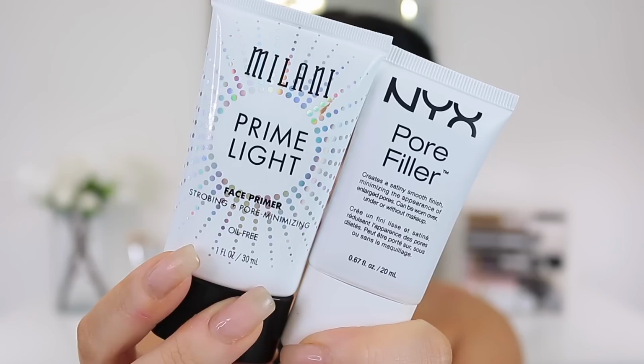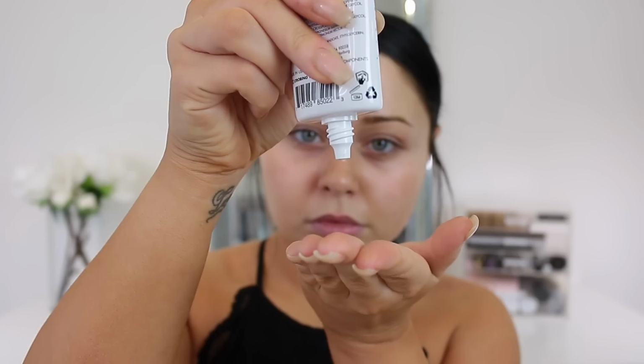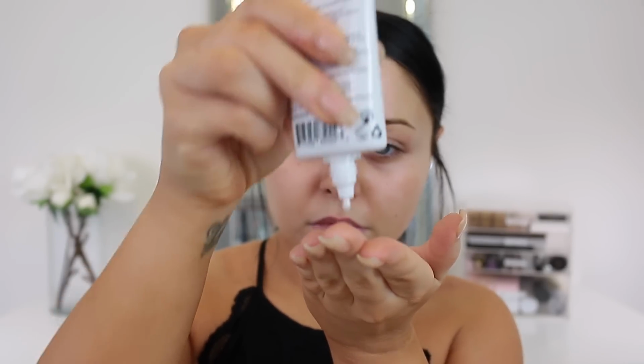It's a super dramatic fall makeup look, but it's all drugstore, so I'm obsessed with that. This look was inspired by a YouTuber that I just randomly came across. Her name is Maddie Bernard. I'm gonna leave her link down below. She basically did a really beautiful dark glossy lip. So I immediately fell in love and wanted to create an entire look for you guys surrounding a beautiful deep